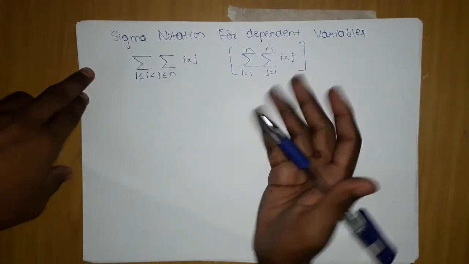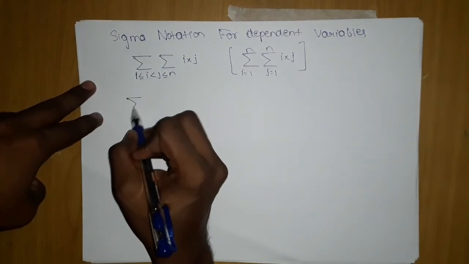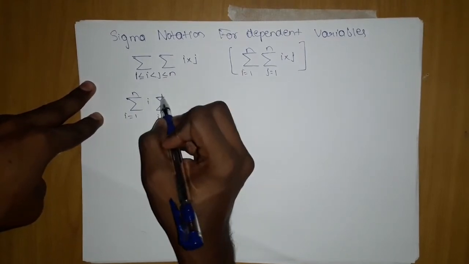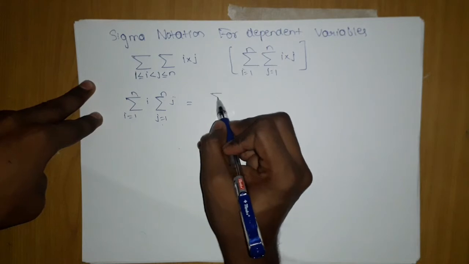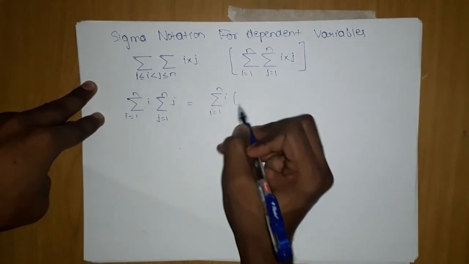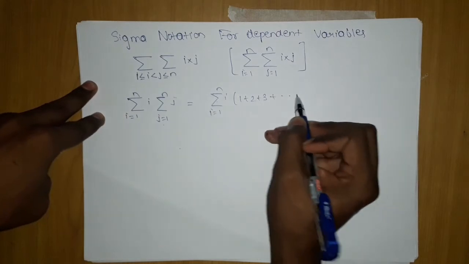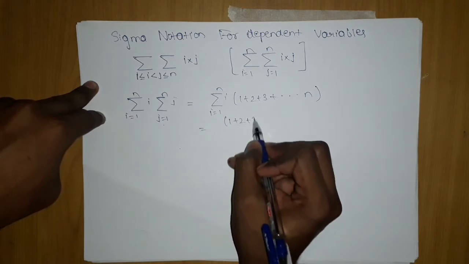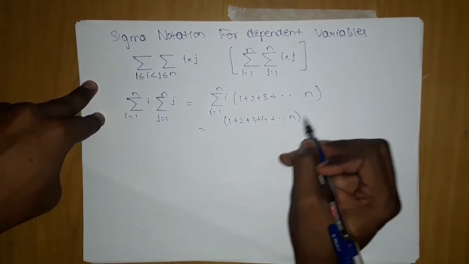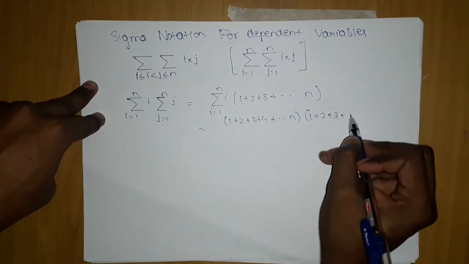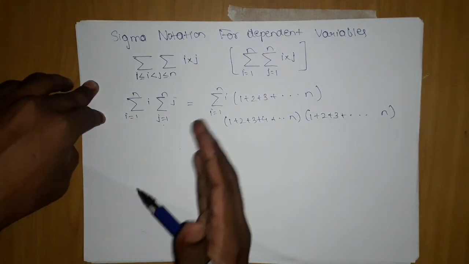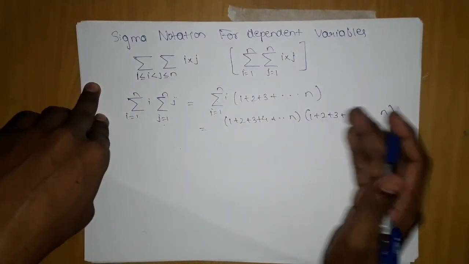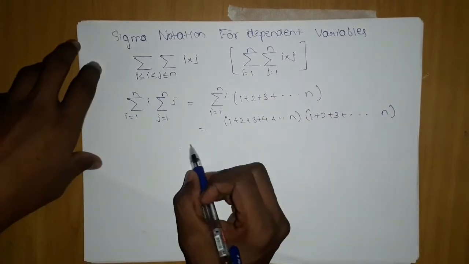If we analyze this independent one, isn't it obvious that i goes from 1 to n and j goes from 1 to n. If I take i from 1 to n, it is 1 plus 2 plus 3 till n, and if we move further, it will be 1 plus 2 plus 3 plus 4 till n, into 1 plus 2 plus 3 till n. Now 1 will multiply with each of the n terms, 2 will multiply with each of the n terms, 3 as well, and so on till n, so we will get a matrix like this.